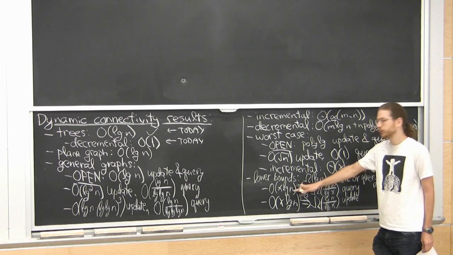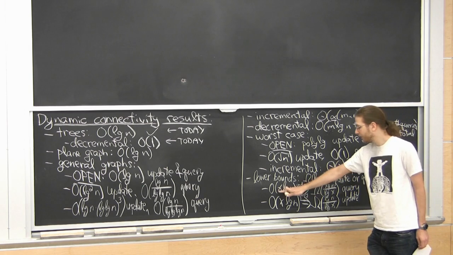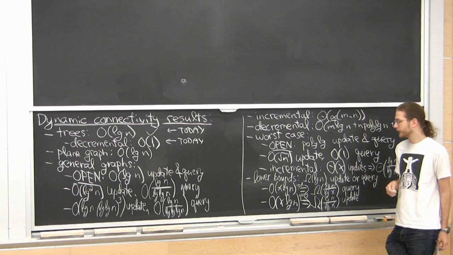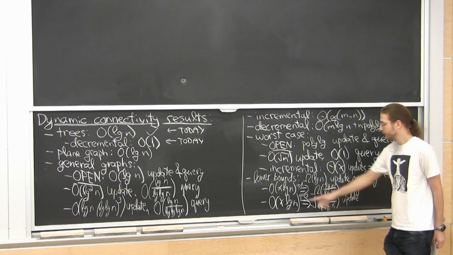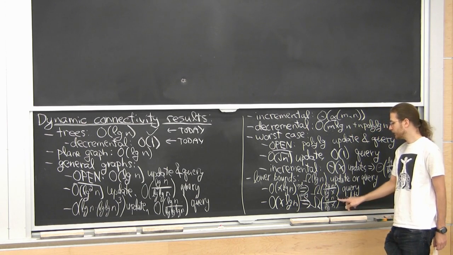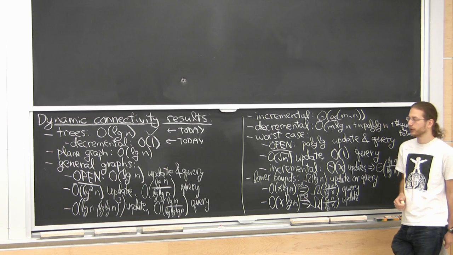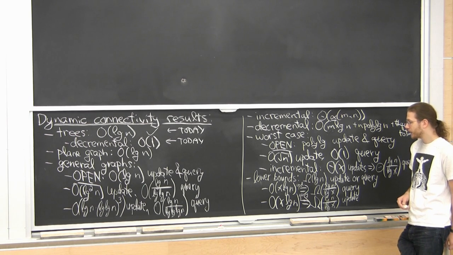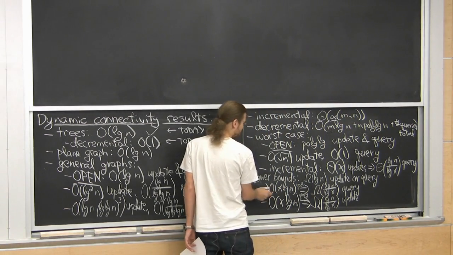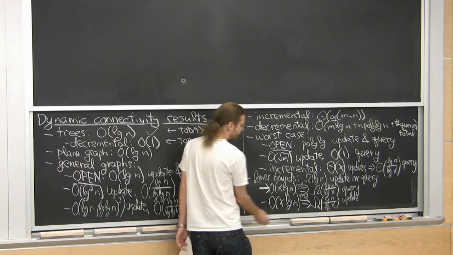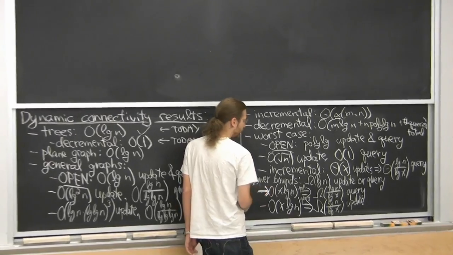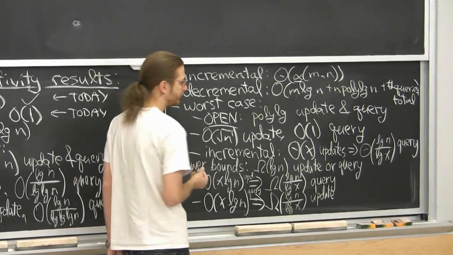It says if you have super logarithmic update, so you have some x bigger than 1 times log n update, then you get log n over log x query. That's a lower bound. If you have super logarithmic query, so let's say it's x times larger than log n, then you need at least a log n over log x update time. So this result is the one of relevance because we don't know any sublogarithmic updates, but we do know sublogarithmic query. So this is the regime where we have essentially matching upper bounds.